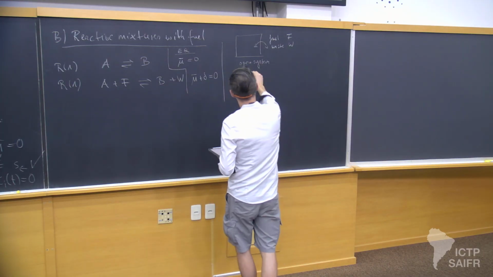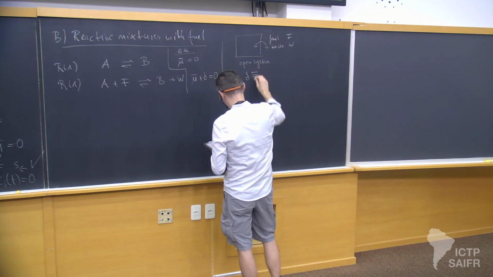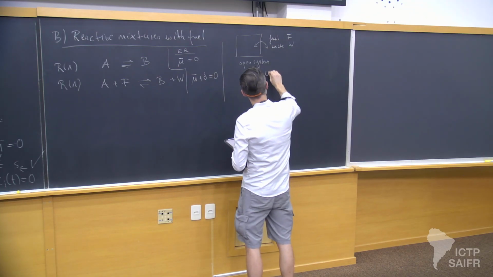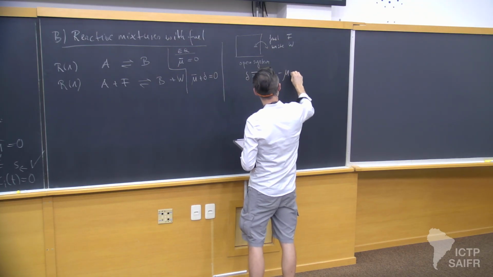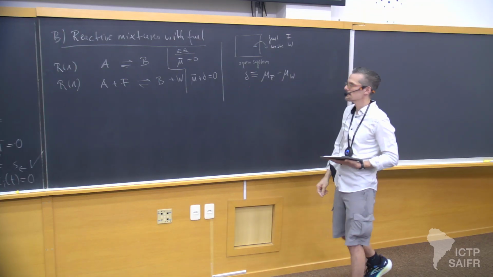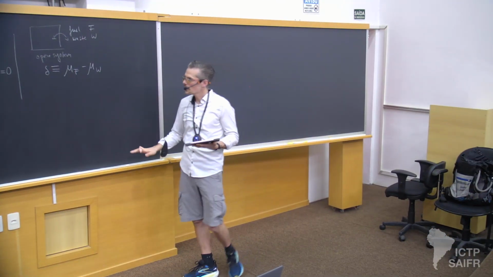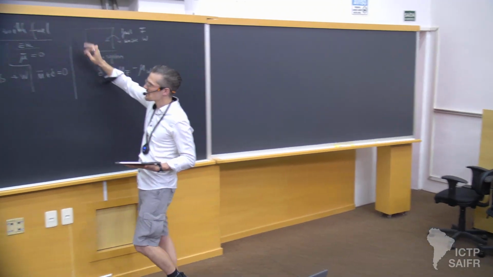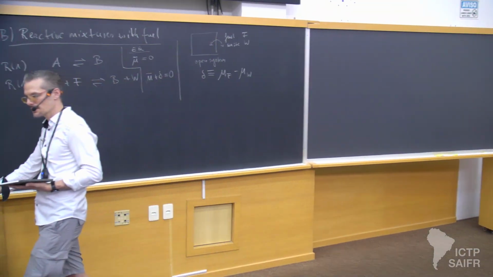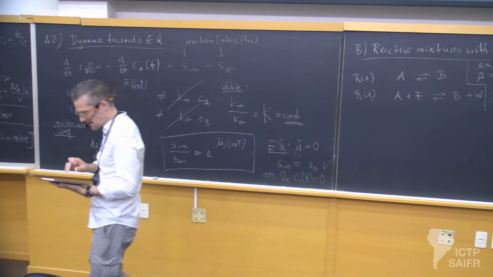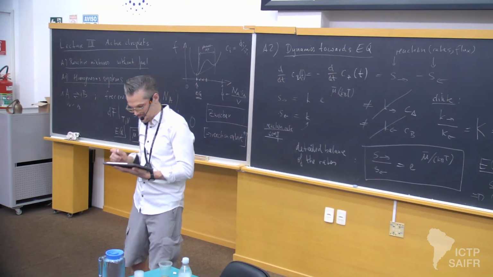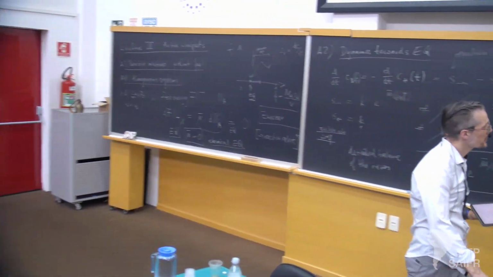And the delta I define here as the chemical potential difference between the fuel and the waste, okay? That's a modified equilibrium condition. So if I would not open the system, this is just another kind of chemical system that would relax to thermal equilibrium. But to maintain it out of equilibrium,